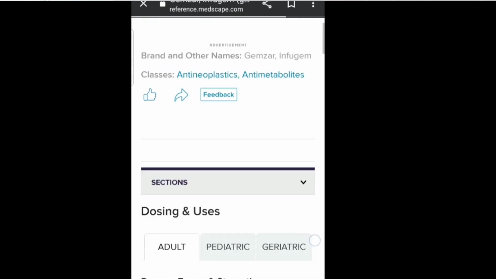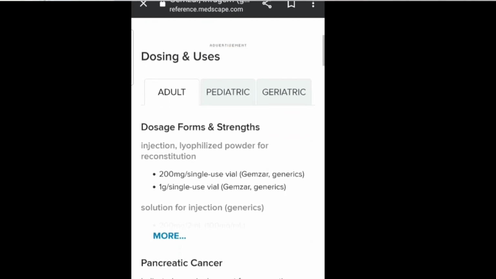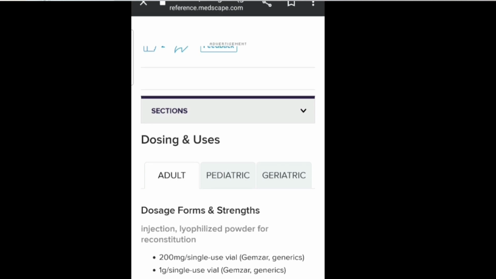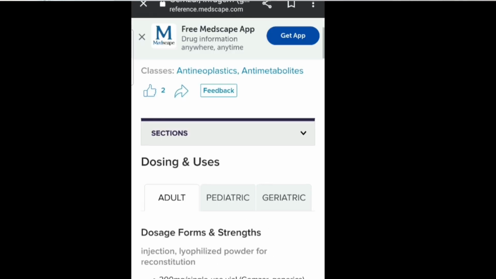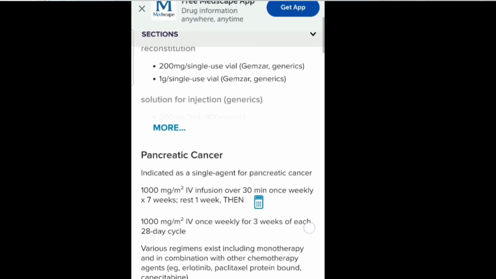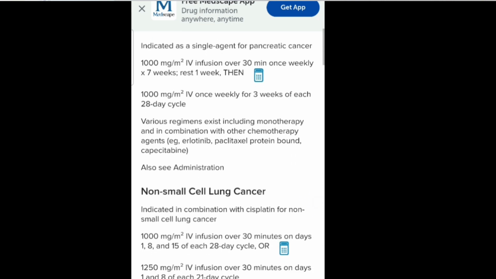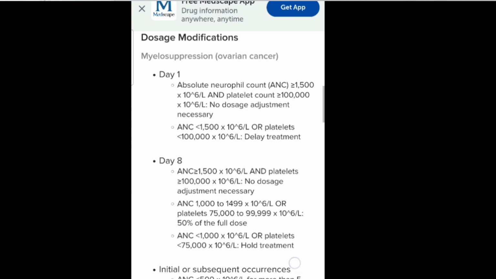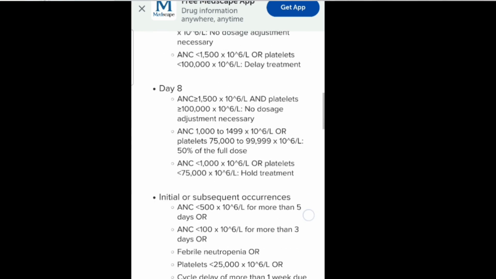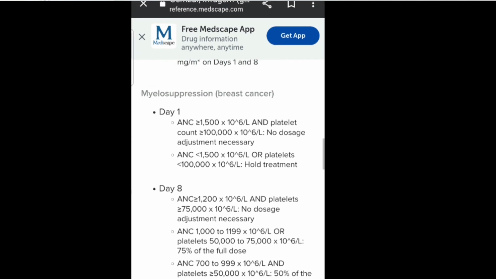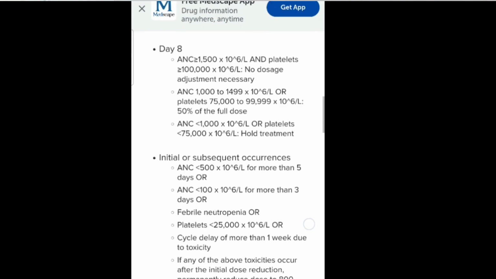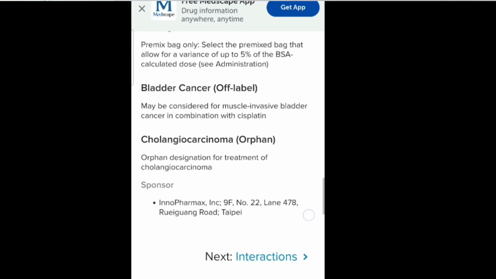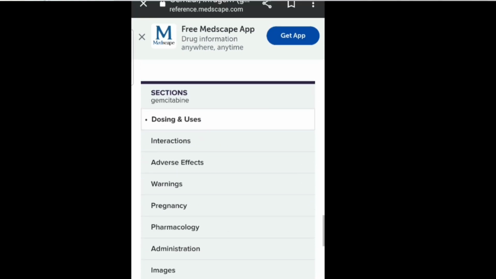Here also dosing and uses are given as adult, pediatric, and geriatric. Then we have dosage forms and strength. In pancreatic cancer it is used. It is used in non-small cell lung cancer, breast cancer, ovarian cancer. Dosage modifications in case of myelosuppression. Then myelosuppression, breast cancer, and the previous one was ovarian cancer. Dosing considerations. Okay, here at last we do have adverse effects, so we'll just go in there, and you can